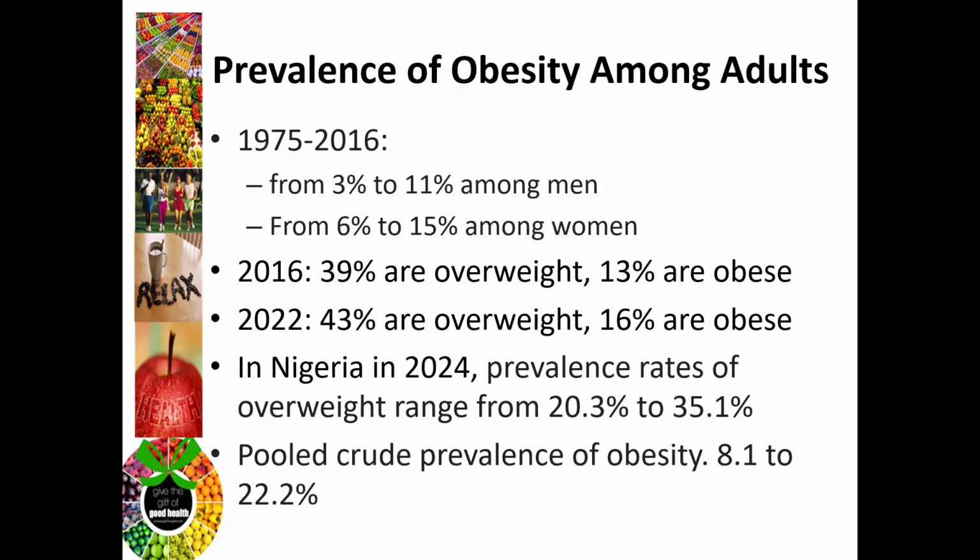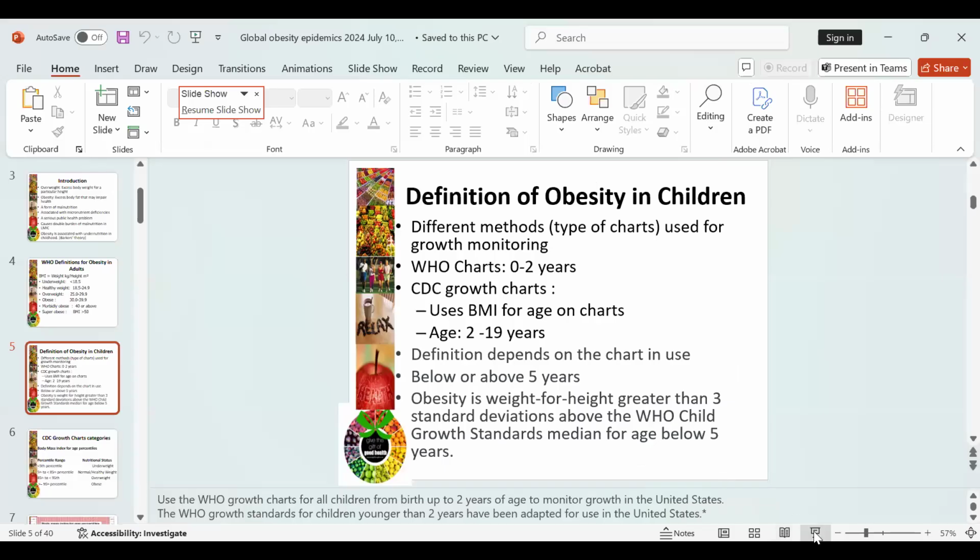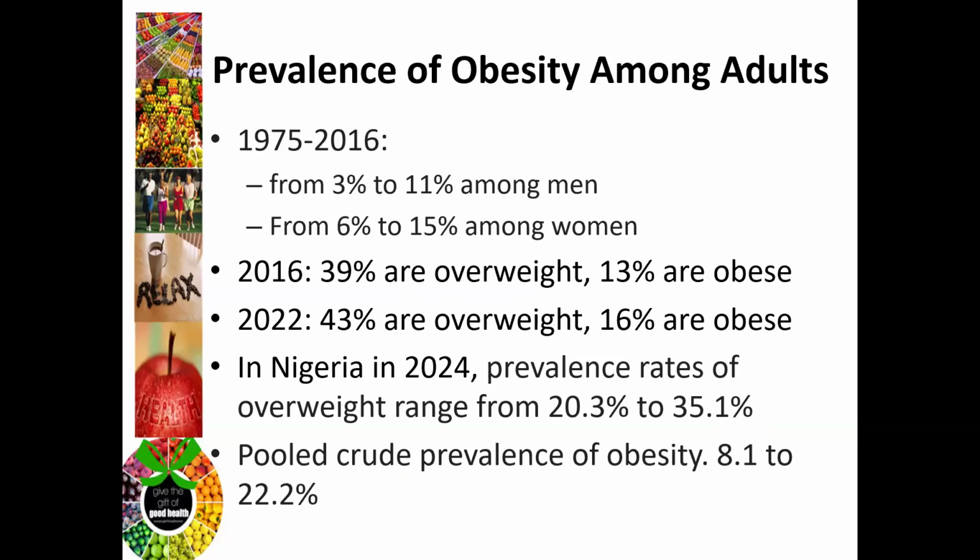So amongst the adults, from 1975 to 2016, it moved from 3% to 11% among men, 6 to 15 amongst women. These figures are not for you to memorize, but just to see the trend. In 2016, 39% of adults were overweight, 13% obese. 2022, 43%. This is global, not in Nigeria, please. 43% overweight and 16% obese. In Nigeria in 2024, the prevalence rates of overweight range from 20.3 to 35, and the pooled crude prevalence of